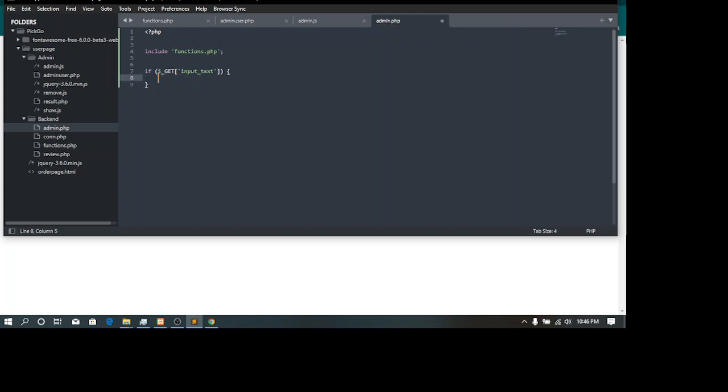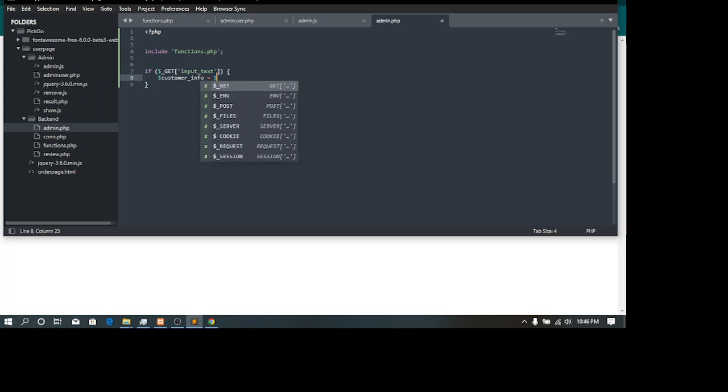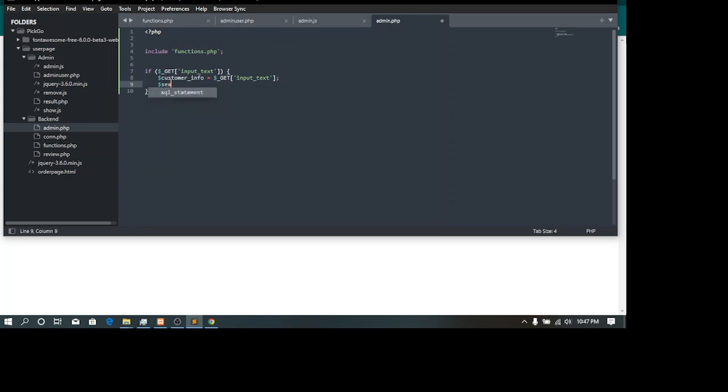To get the input text, we would say customer info equals get input text there. And we'll say search results into the new controller.